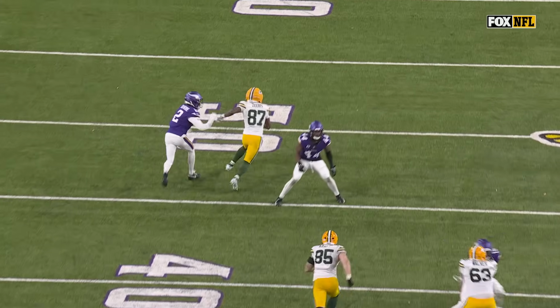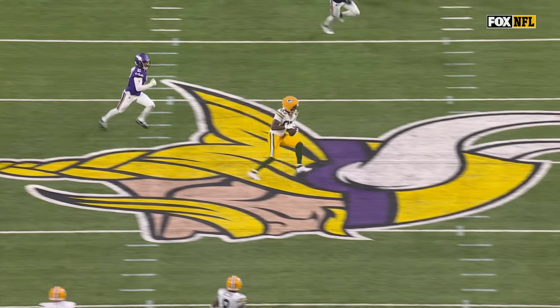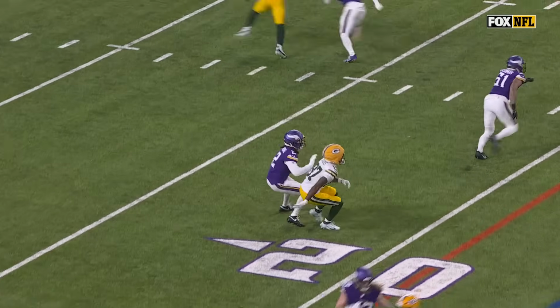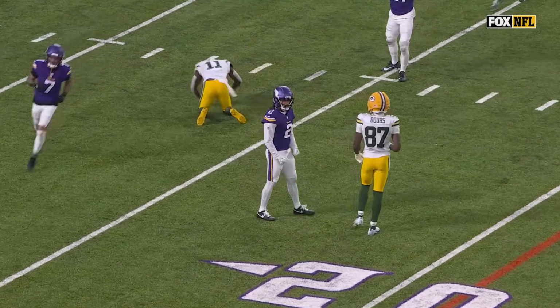Dobbs is on Gilmore. And that's just what we call an in cut. Pretty simple. Run up about 10-12. Got him locked up right here. That's why they called him Gilly Lock. And then he's got a...